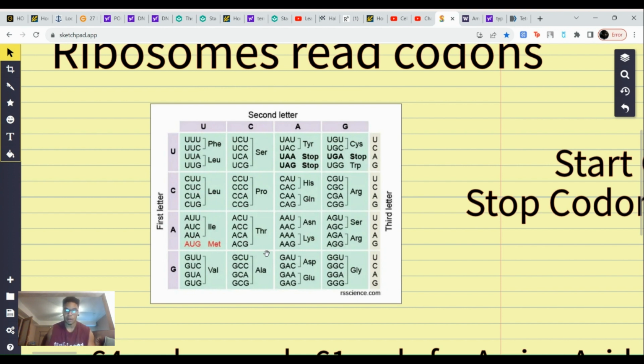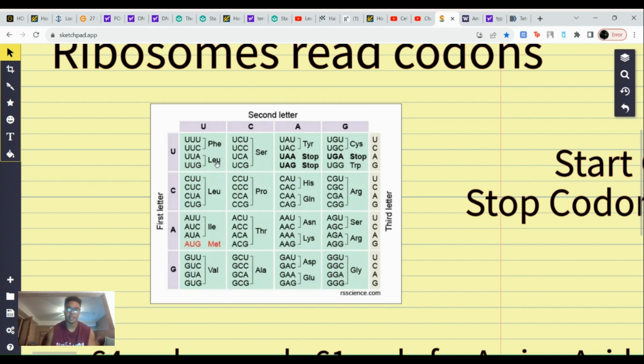It's called the wobble effect, and it can signal anything. But the reason it's very non-specific is because it limits the amount of mutations that can happen, because it gives you a little bit of wiggle room, wobble effect. So just remember, the third nucleotide is not as significant as the first two. The first two are what determine